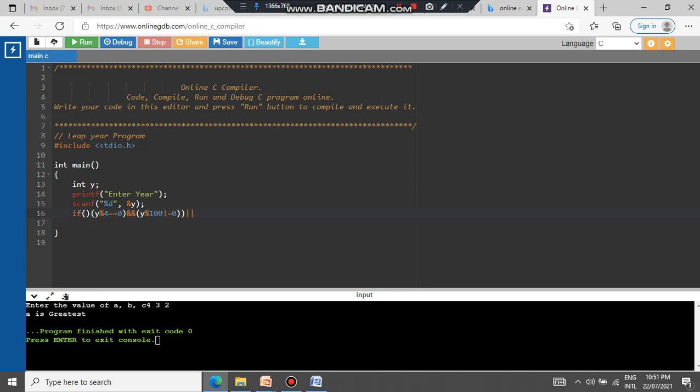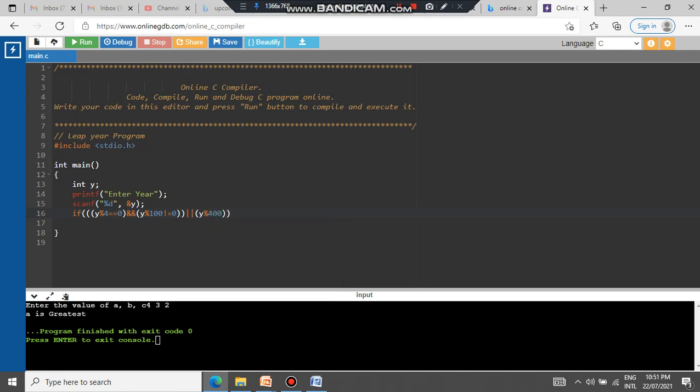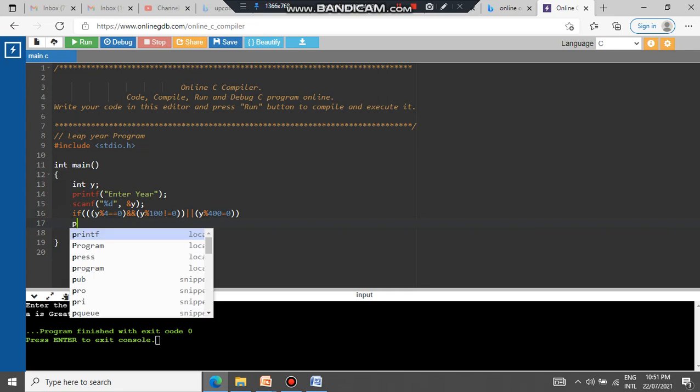Okay, so this parenthesis is closed here, the second parenthesis which is opened here is closed here, and this is the second parenthesis. The third parenthesis I still have to close before that. So over here you have to balance the parenthesis, and over here year mod 400 should be equal to 0. If either these two conditions are true at this side, or this condition is true, any one of these happen, the year is going to be a leap year.